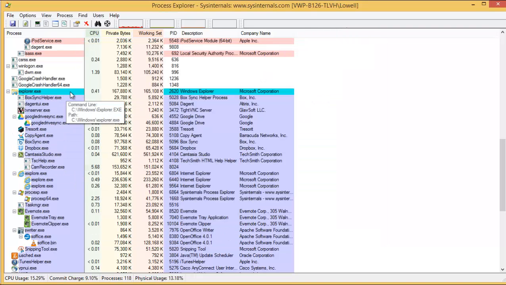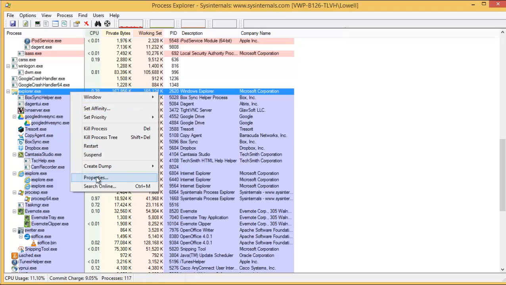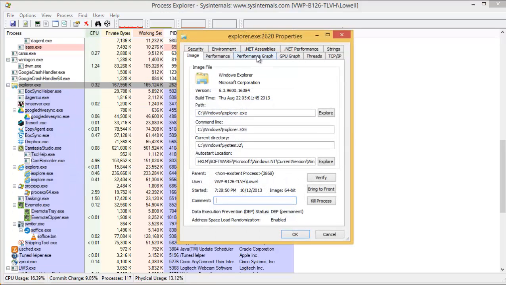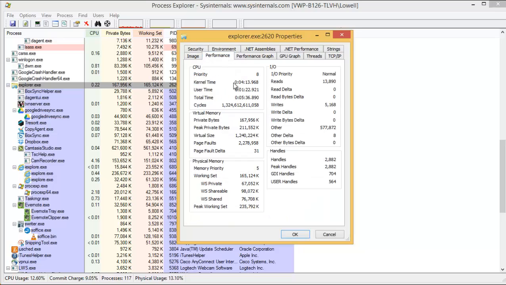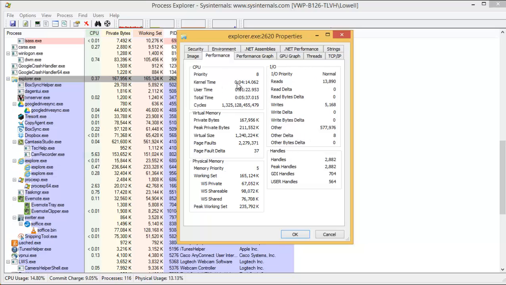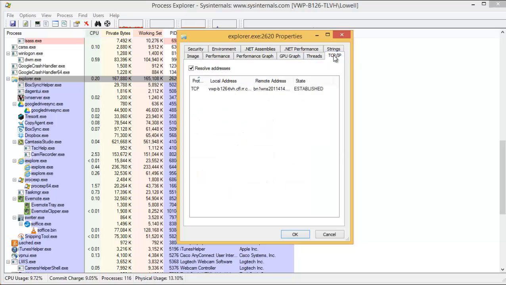Process Explorer allows me even more information. If I right mouse click and go to Properties, I can go to the Performance tab and I can look at how this process is impacting CPU, virtual memory, physical memory, the I/O, which is primarily disk, and it really gives me that great insight on that particular process, all 4 hardware subsystems. If I click on the TCP/IP tab, it shows me all my network connectivity. So again, I can see all 4 hardware subsystems when I use